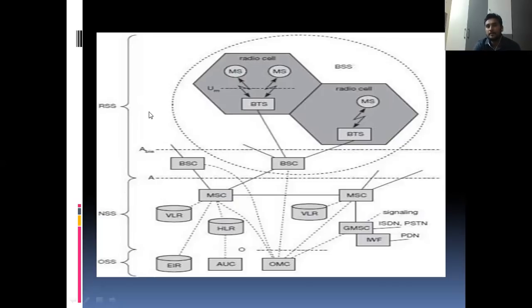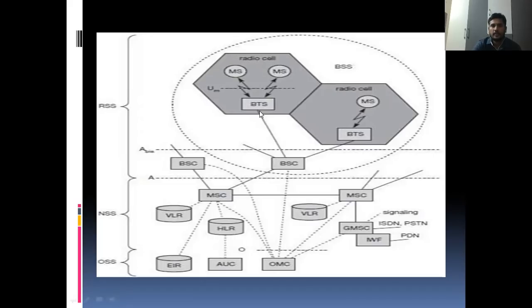Again, the radio subsystem consists of the mobile station, base transceiver, and base station controller, that is the BSS, base station subsystem. Here we already discussed it. The mobile station is nothing but the SIM slot in the mobile, and the BTS is nothing but the antennas.